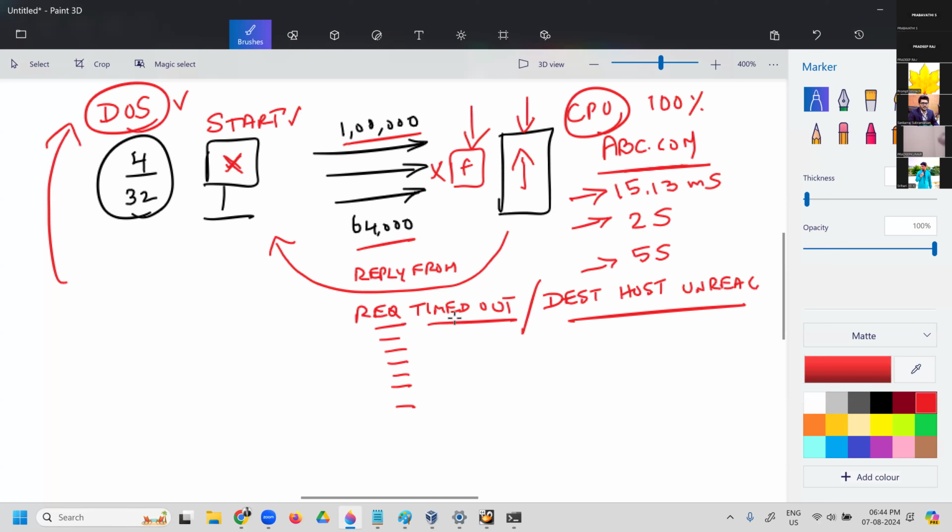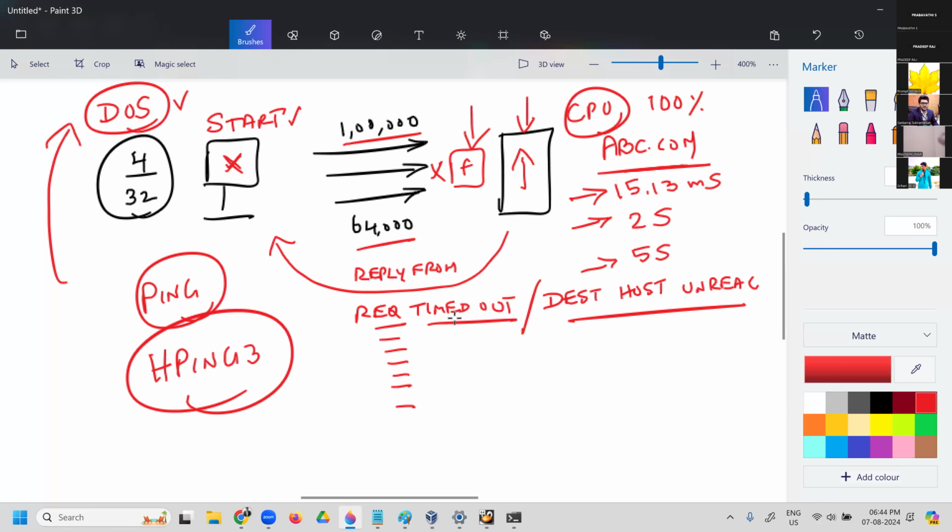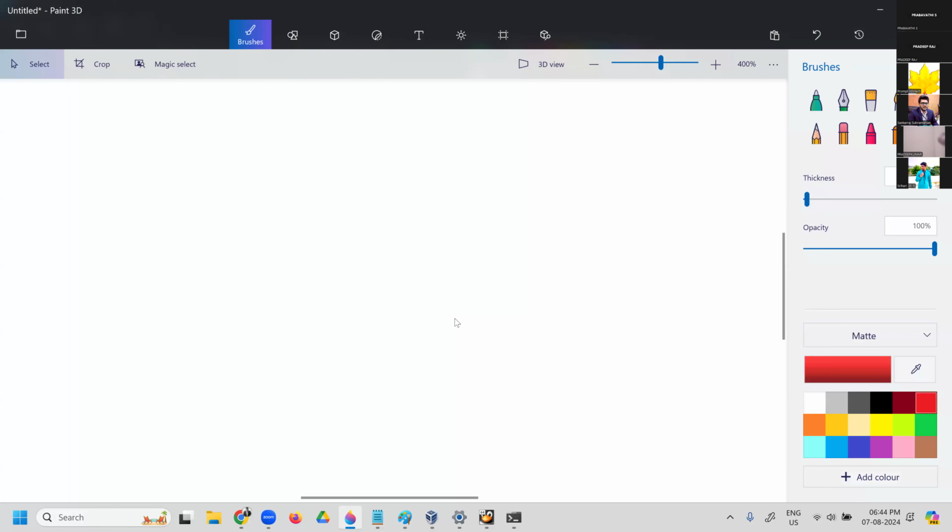Right? So with ping, yes, ping is a very basic command which you can use, and there is another command which is called hping3. hping3 has many different possibilities with which you can use, and we can test this. So what we are going to do here is this. Listen to this carefully. In your VirtualBox, we'll also upload this operating system called